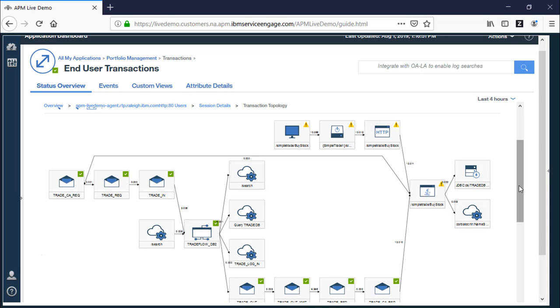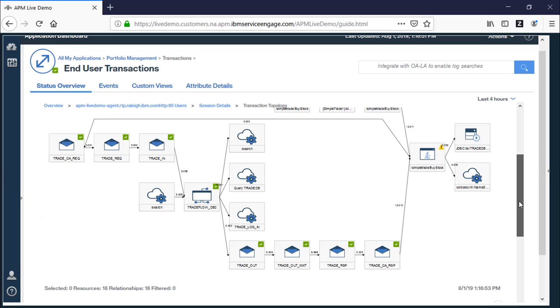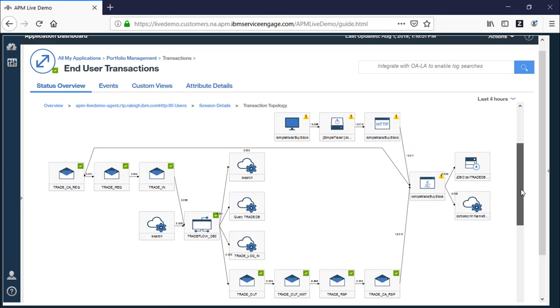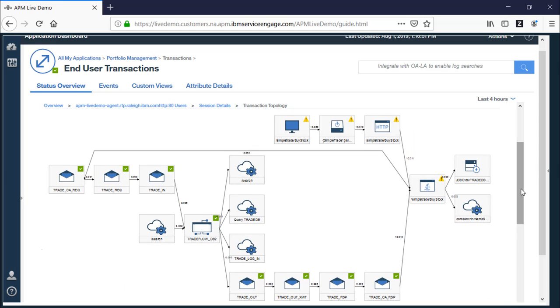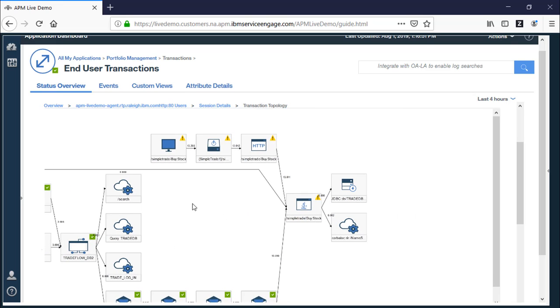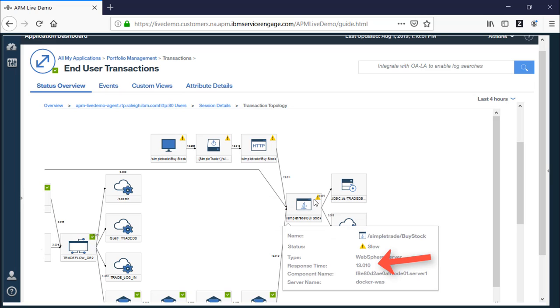Step 5. The topology page shows the transaction instance organized into network hops and sub-transaction nodes. Focus on the nodes with the warning status. As you follow the node hops, you can see a 13-second slow response time that originates with the Java BuyStock